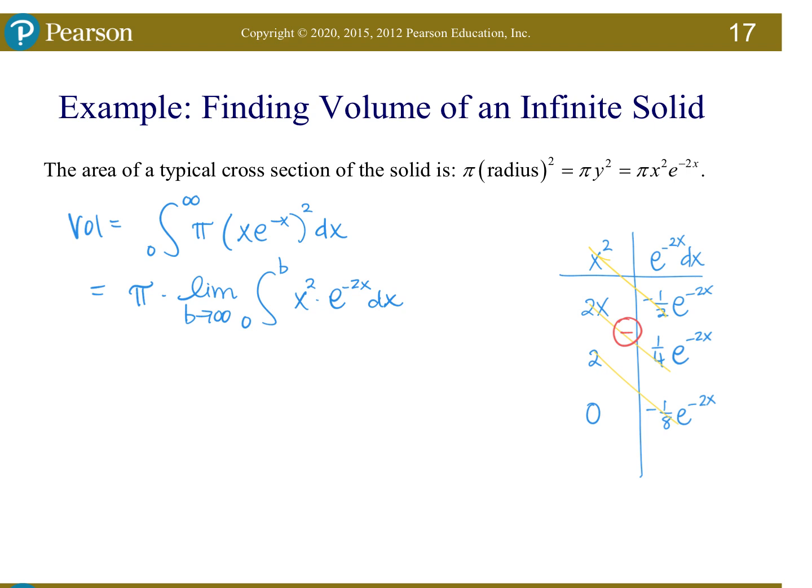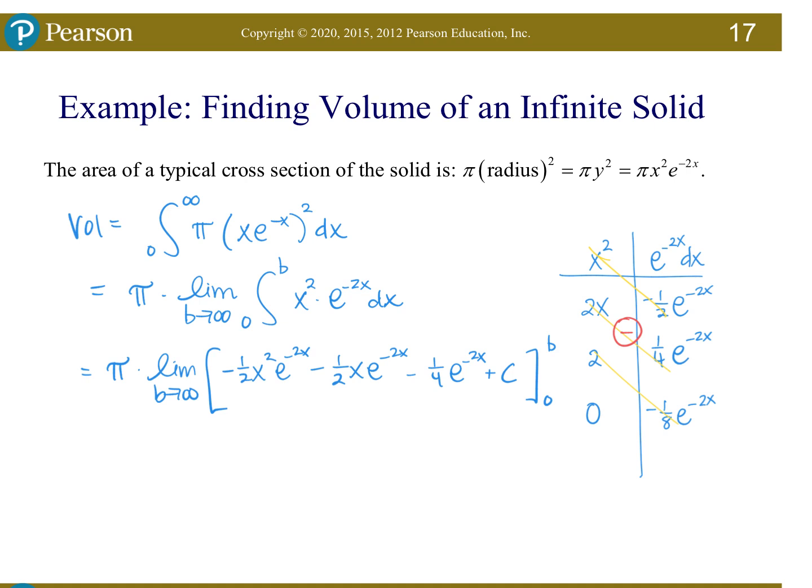So pi, again, is completely outside of that. And then the limit of the antiderivative this time, and the antiderivative is going to be negative 1/2 x squared e to the negative 2x minus positive 1/2 x e to the negative 2x, and then minus 1/4 e to the negative 2x plus the constant c, going from 0 to b. And then you drop in your bounds